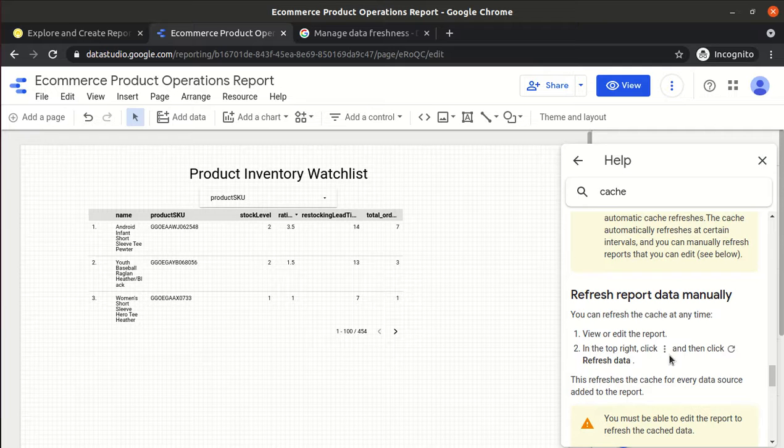In the top right, click this and click refresh data. Yeah, we have already seen we have the refresh data option.